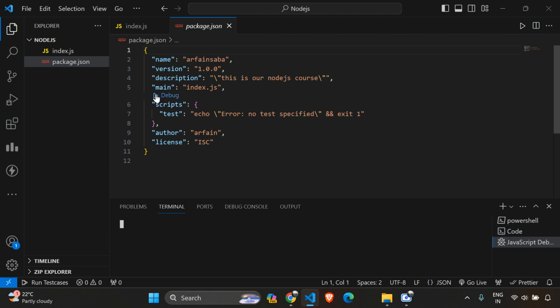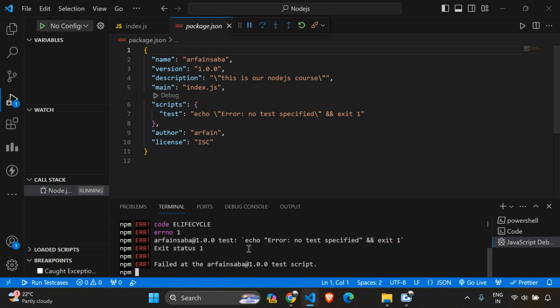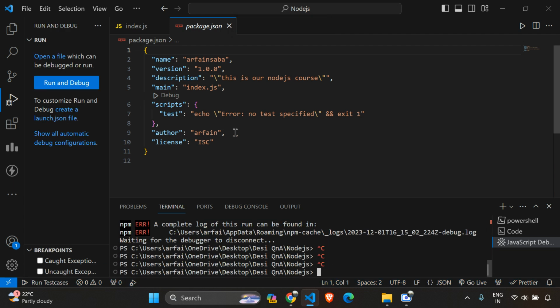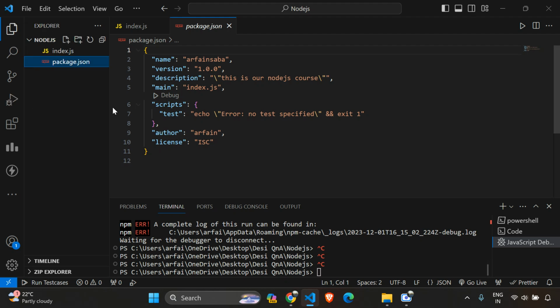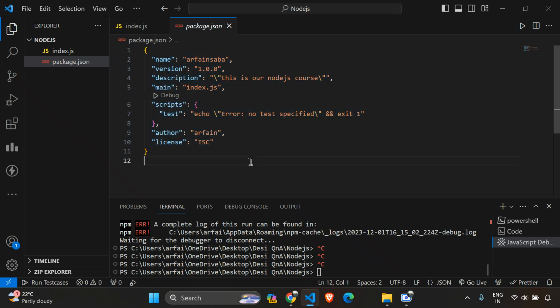And also here we have a debug option. Okay, I will not be focusing on the debug for now. I don't want to focus on that one. Let's just focus on what we are doing right now. And here you can see this has been created. This basically specifies the name, version, description, and all. And after this one, let's focus on the other things that we can build into this particular project.